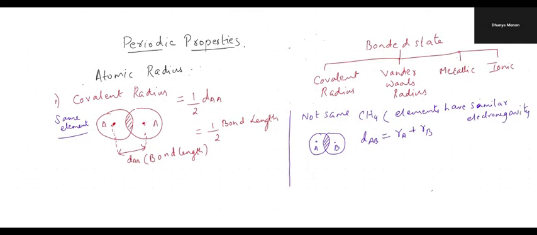And please remember, this is formed between molecules of non-metals, where sharing of electrons is taking place. So the distance AB is given by the radius of A plus the radius of B. Now this is covalent radii. This is the first case. This is the second case. Now I have the third case